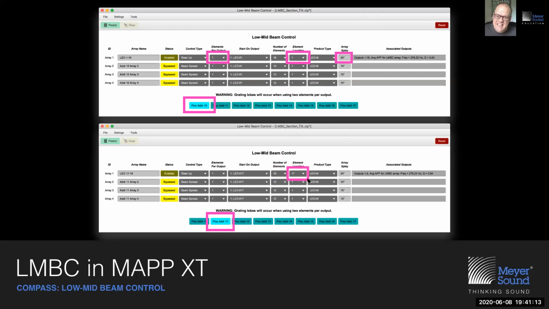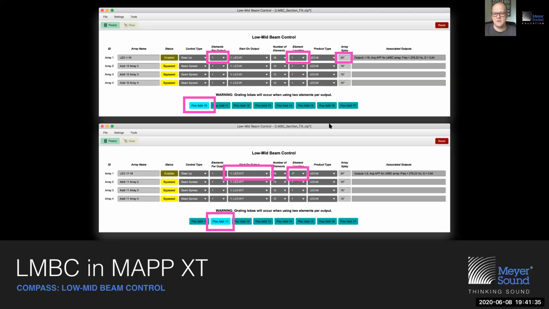This is number 17. This is the second to last speaker in the bottom, which lives on the physical output number 1 of that galaxy. And that is how both Map as well as Compass know how to span the LMBC solution across multiple